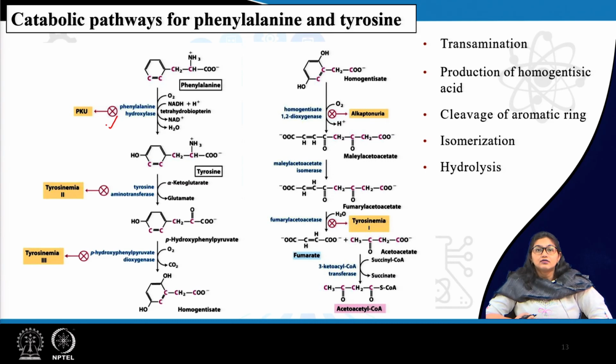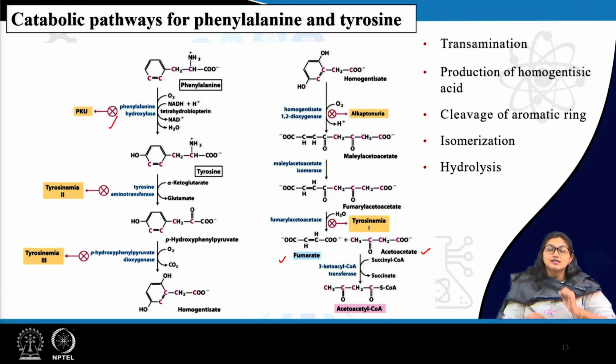Then homogentisate forms maleylacetoacetate with the help of the enzyme dioxygenase, which is also known as homogentisate oxidase. Then maleylacetoacetate undergoes isomerization to form fumarylacetoacetate, and finally fumarylacetoacetate is cleaved, or rather hydrolyzed, to form fumarate and acetoacetate. Fine. So, remember once again which one is the